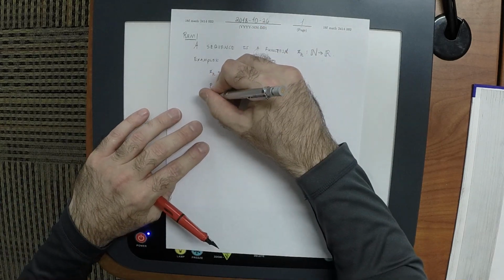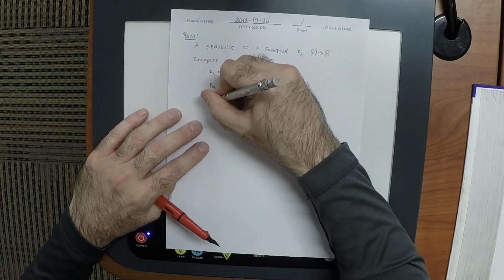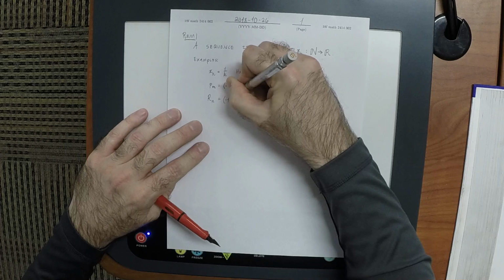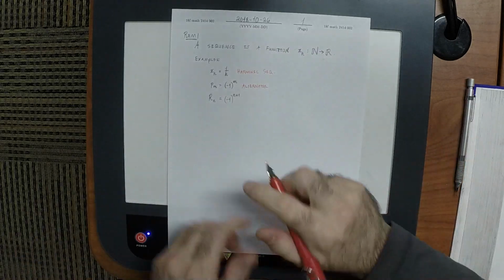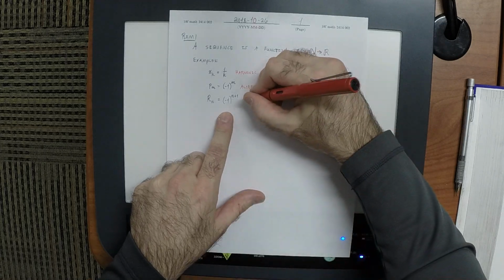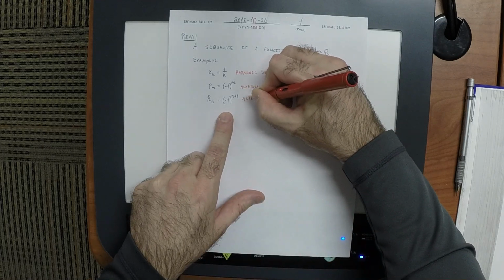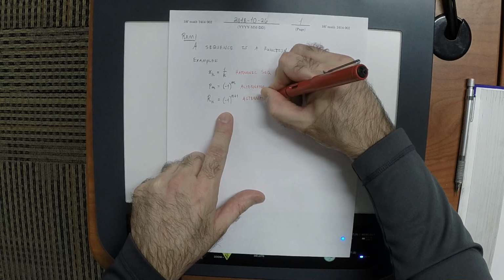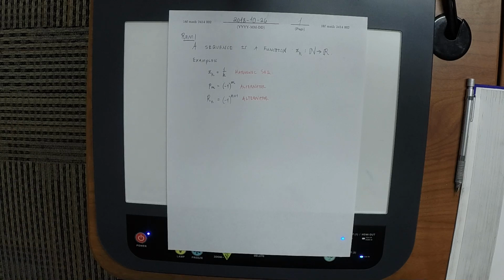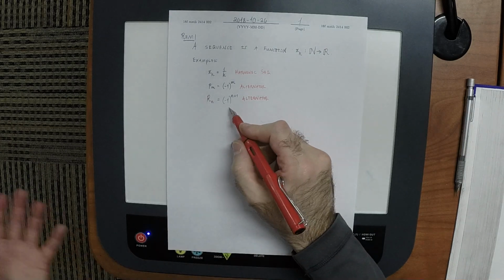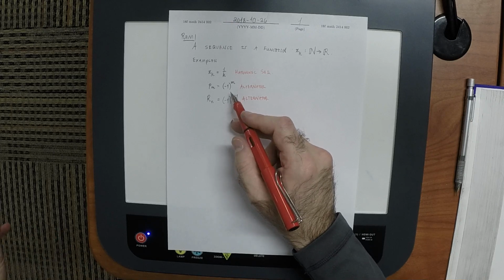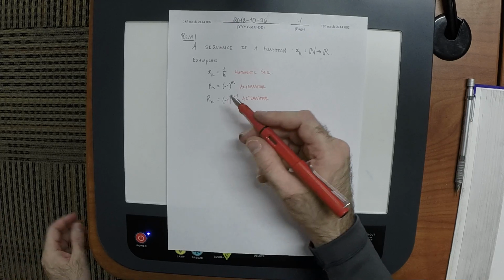But here we've got a different one. How about r sub n is (-1) to the n plus 1? What is that one? That's also an alternator. But what's the distinction between P and R? Yeah, this one starts with -1 and then alternates, whereas that one starts with +1 and then alternates.